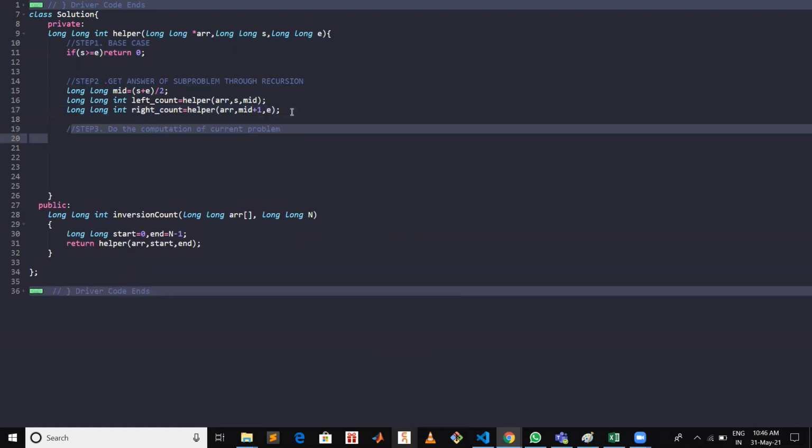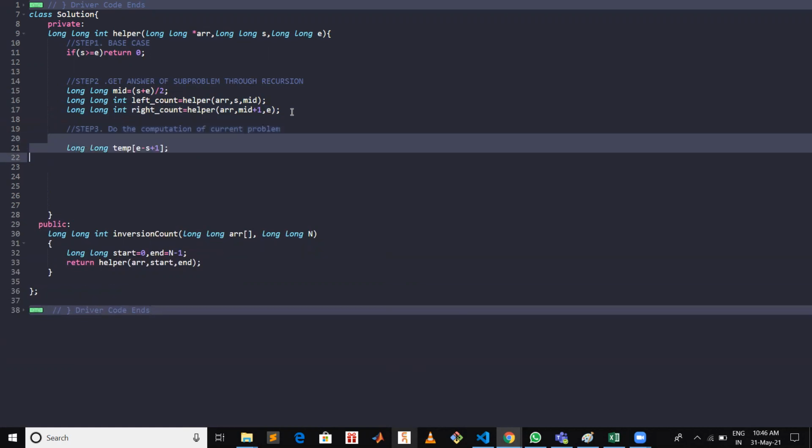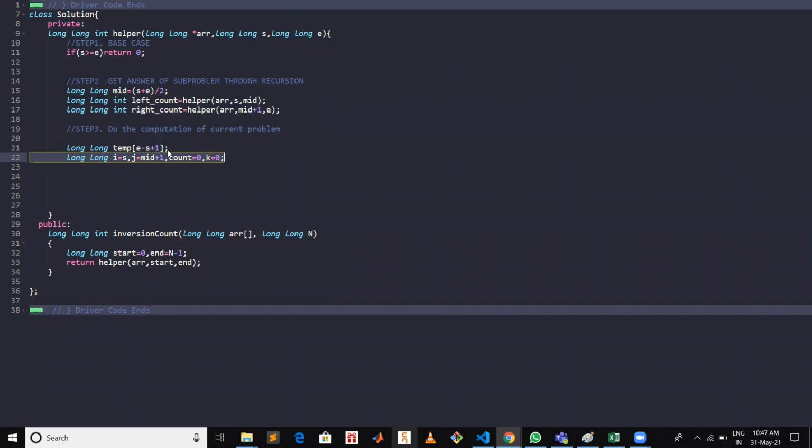All right. Now we will do the computation for the current problem. We will take a temporary array whose size will be equal to the size of the left and right subarray, so its total size would be end minus start plus 1. Now we will take an iterator i, which will initially be placed at the starting index, and it will iterate from start to mid.